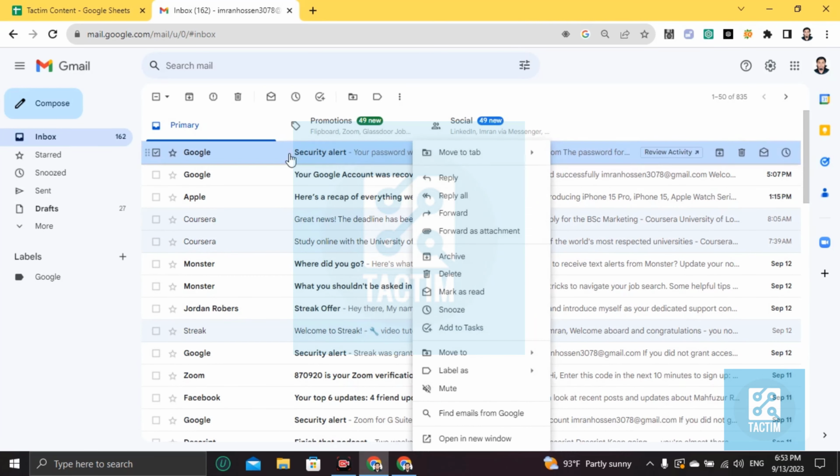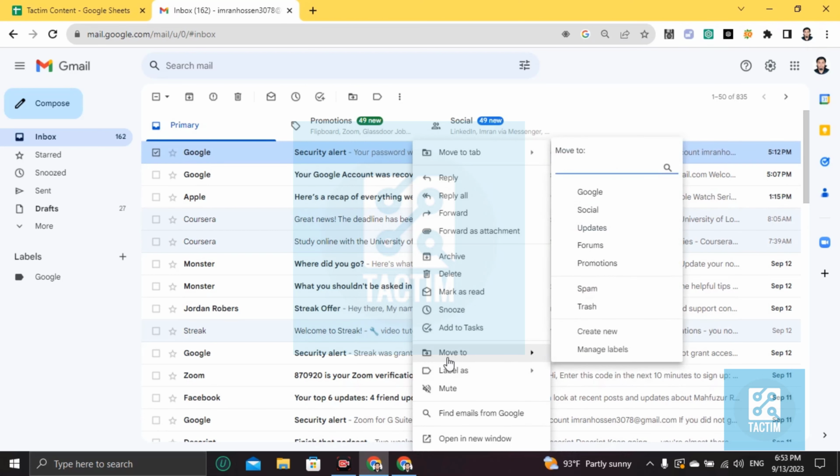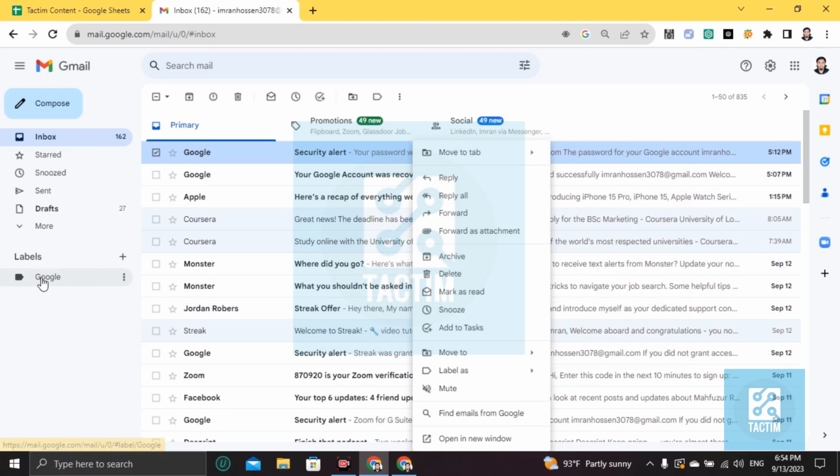just right click on that specific mail, and you will find here the move to option. Just put your cursor here and you'll find a small pop-up window. So choose the folder where we want to send this mail. If I click on Google, because I have already created this folder, I'm choosing this folder to send